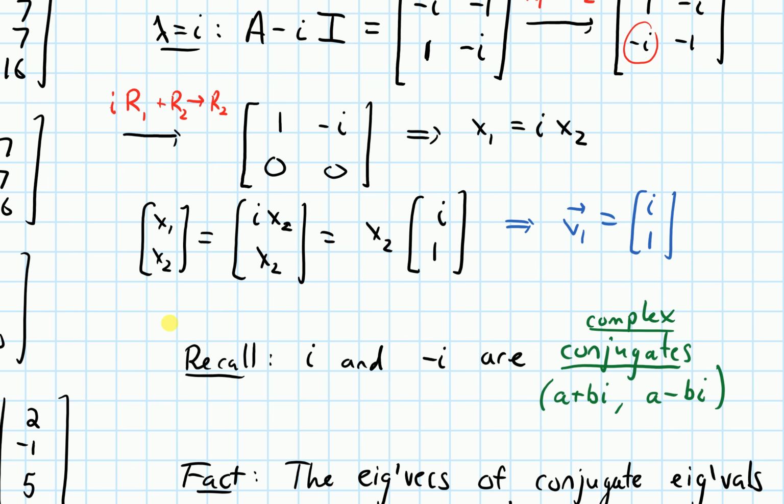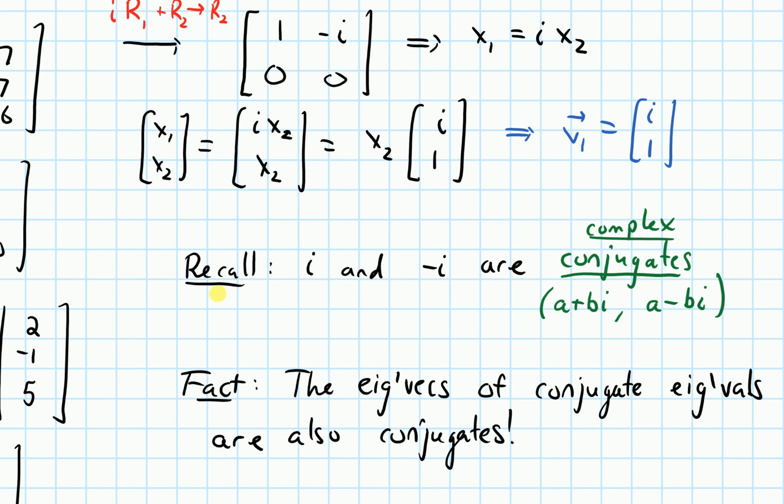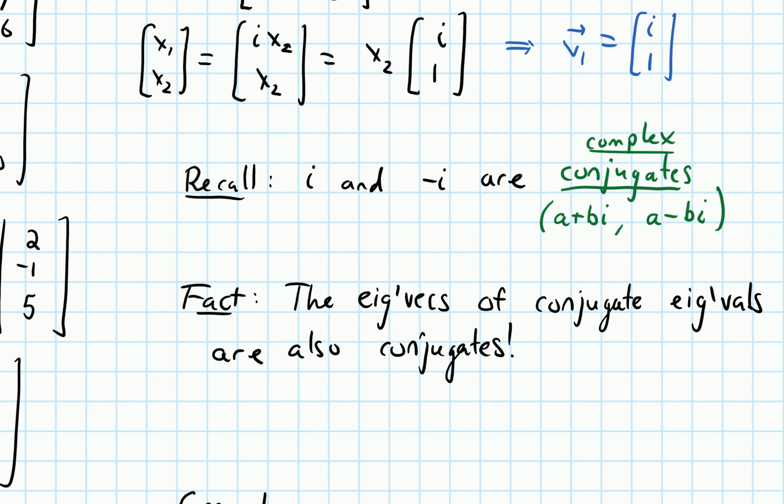The eigenvectors of conjugate eigenvalues, like i and negative i, are also conjugates. So that'll greatly reduce the time it takes us to find all of our eigenvectors. For example, in our problem, if we looked at the other eigenvalue, which was negative i, its eigenvector, which I'll call V2,